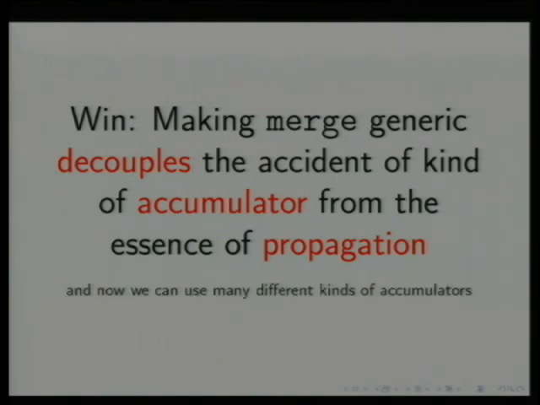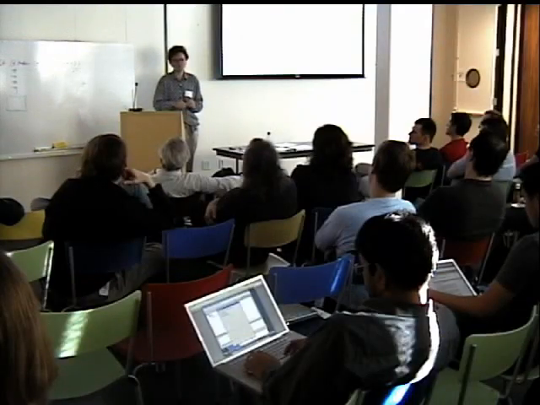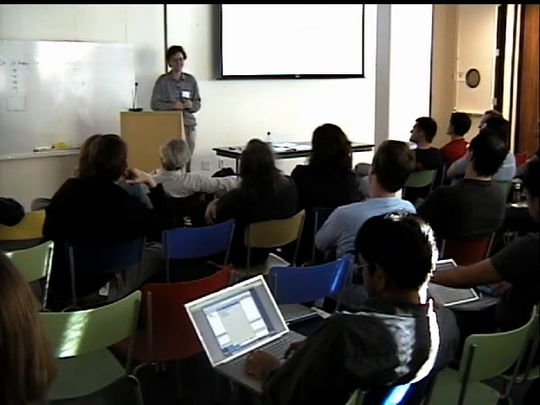And we get a nice bonus out of it. In principle, we could even use many different kinds of accumulators in the same network if we wanted. Something thinking about stuff one way over here and a different way over here. And maybe we'd have to do something interesting when they come together, but add the cells in order to merge, and then you can